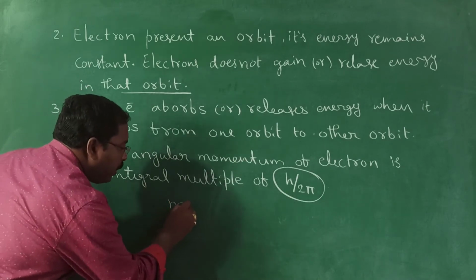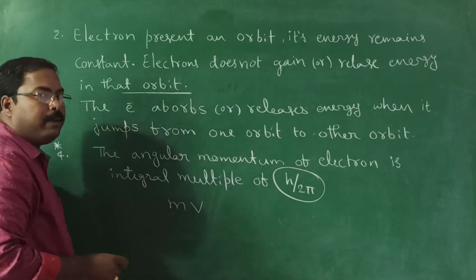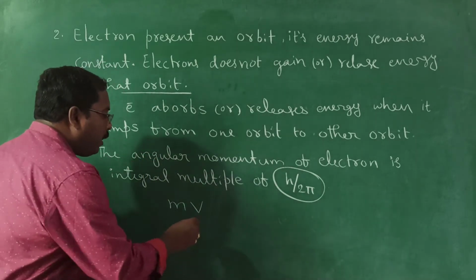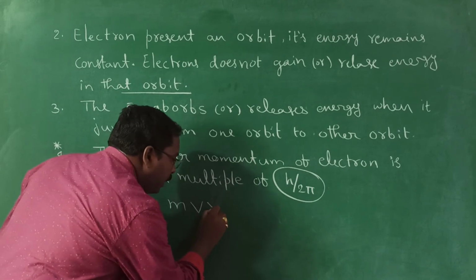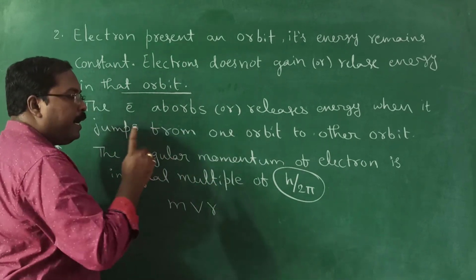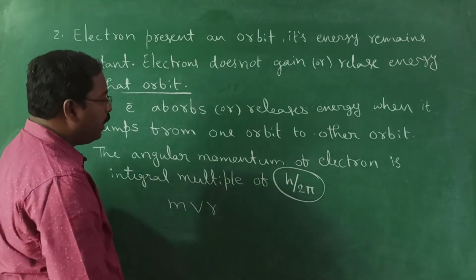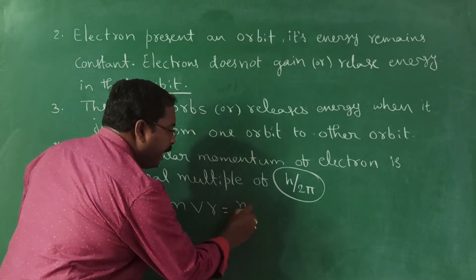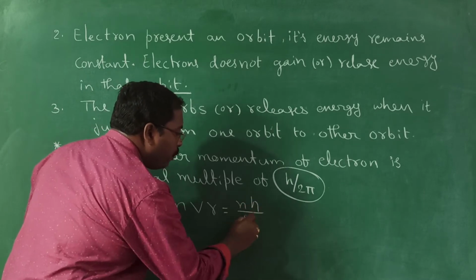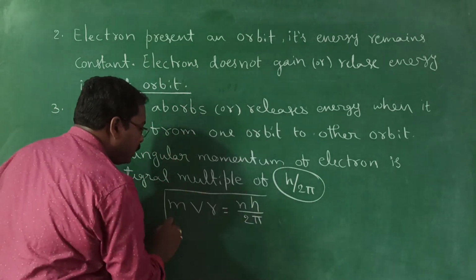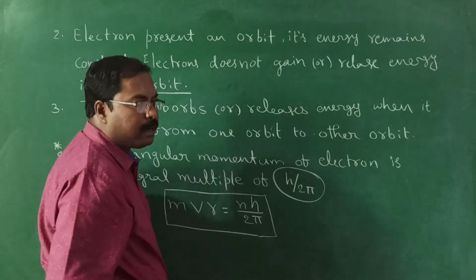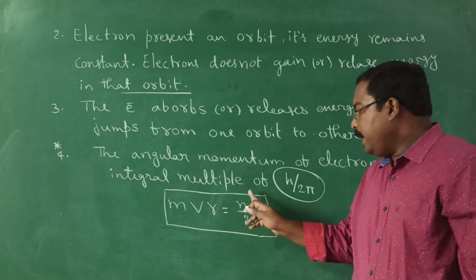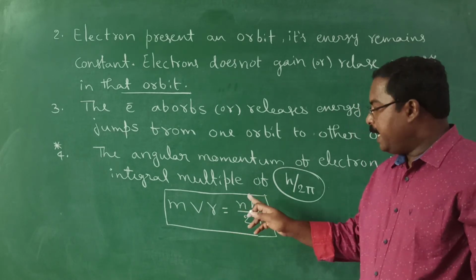Okay? Here, mathematically I will give you in the formula wise. Angular momentum is nothing but what? Mass into, normally in momentum's case we say mass into velocity. Here, in angular momentum case, one more term we will include, that is radius of the orbit. Okay, mvr is equal to n into h by 2 pi. So remember this formula. Angular momentum of electron given by Bohr is mvr is equal to n into h by 2 pi or nh by 2 pi.